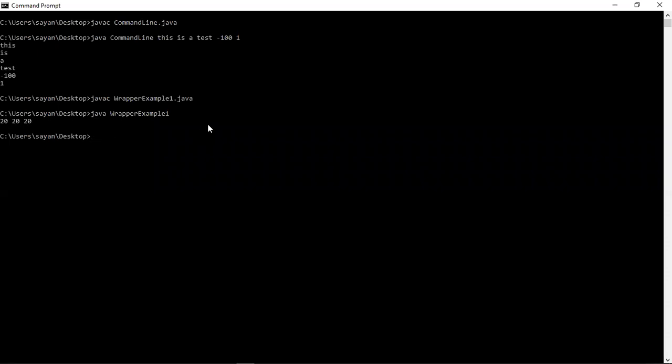Now let's go to the topic of unboxing. Unboxing means that till now we have converted a primitive data type into its equivalent object to give it an object appearance. Now it may happen that sometimes we want to get back the original data type from the object, and for that we have to use some predefined methods. But after Java version 1.5, you can also do this automatically. Java does this automatically for you, which is known as unboxing. Let me give you a small example to show you that.